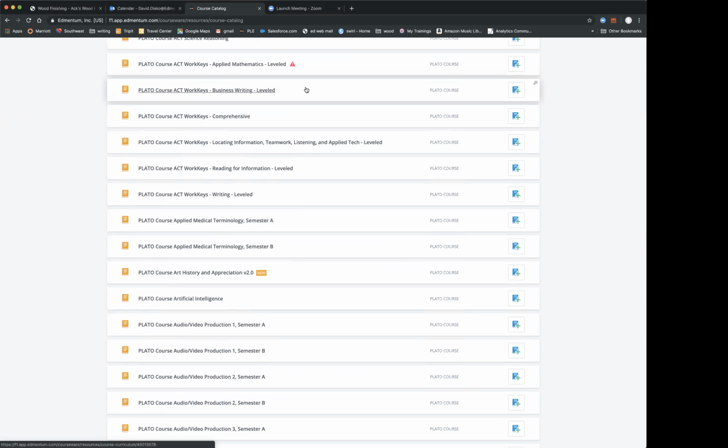So what a lot of employers do now is when they accept students in for apprenticeship programs or job training programs, they will give them the ACT Work Keys test to see if they have the basic academic skills to do that. So we can help support students with that. Now, some of those skills may be covered by things the students are already working on.